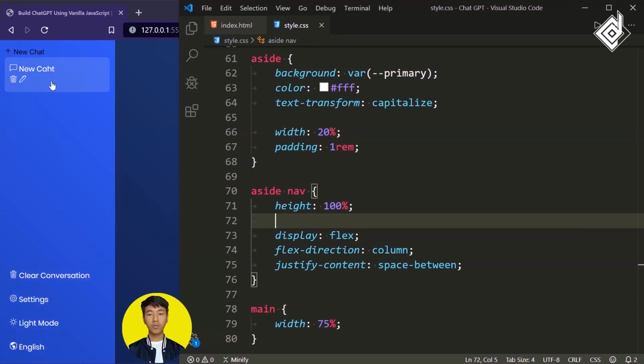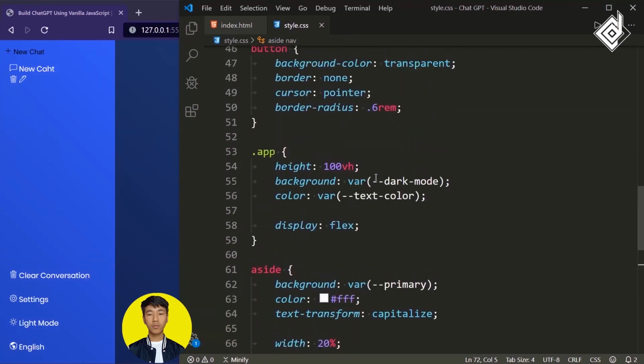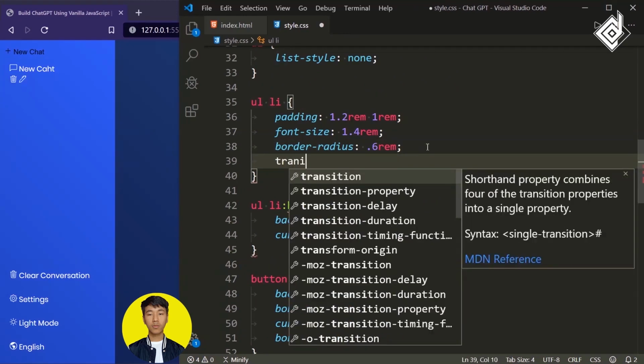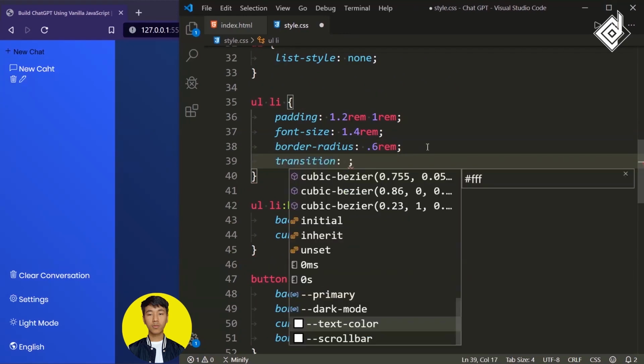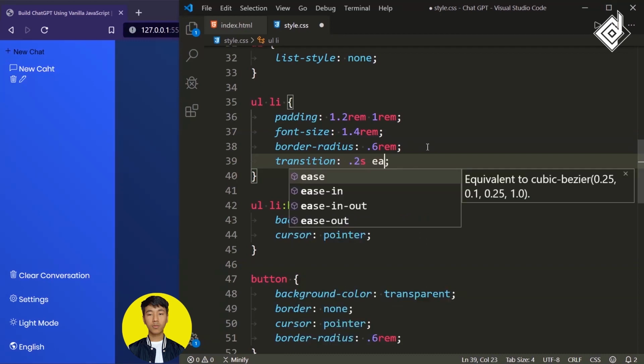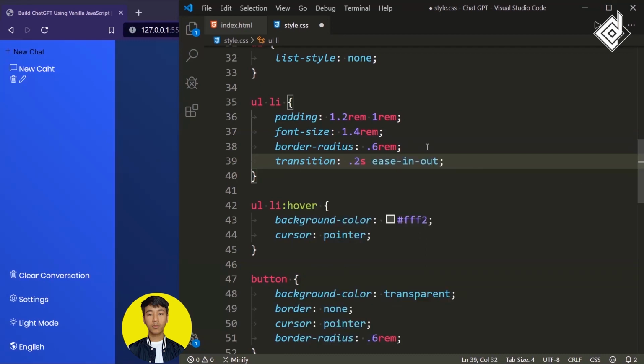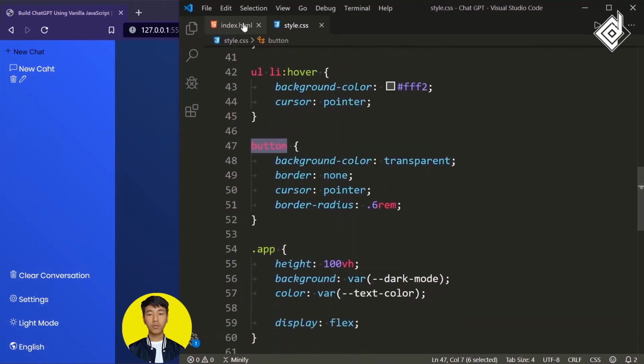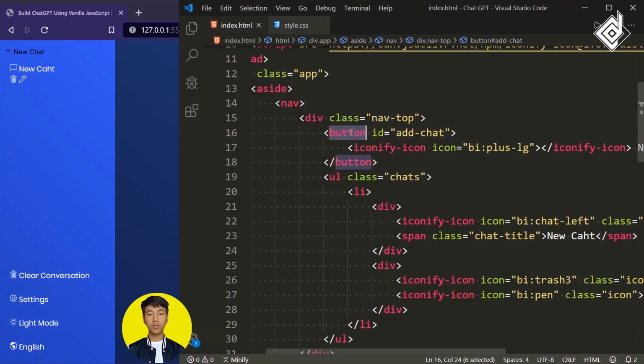So when you hover, you'll be able to get that white transparent background color, but there isn't any kind of transition. So for the list items, let's give transition. I'm giving duration of 0.2 second. For the timing function, let's give ease-in-out. So now you can see you'll be able to get that smooth transition. Now it's time to style that button element. Okay, so for the button element that is within our nav,